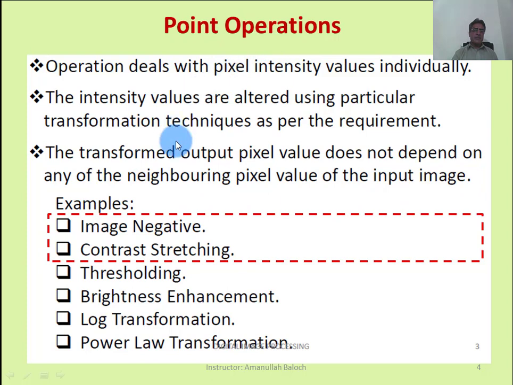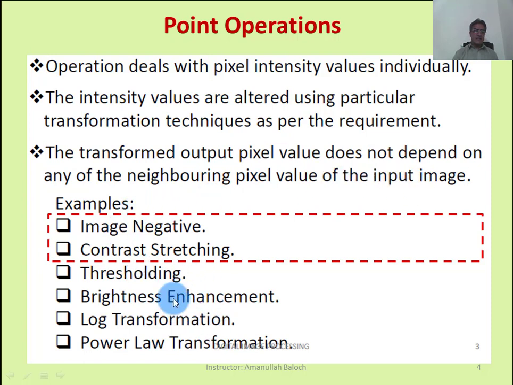In point operation the output pixel value does not depend on the neighboring pixel values, because in mask operation the output pixel value depends on the neighboring pixel values, but in point operation it does not depend on the neighboring pixel values of the input image.